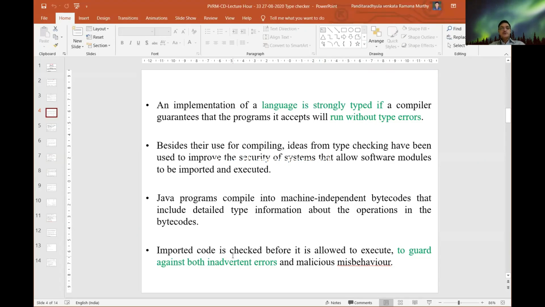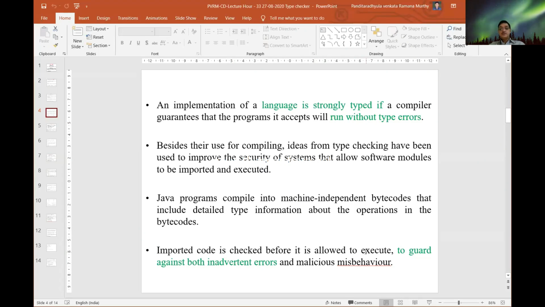So the imported code is checked before it is allowed to execute. Our intention is to avoid runtime errors.